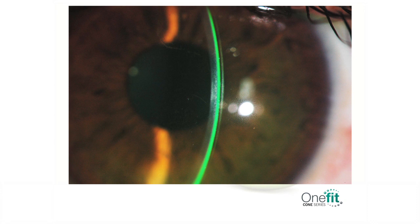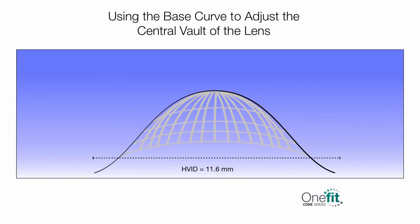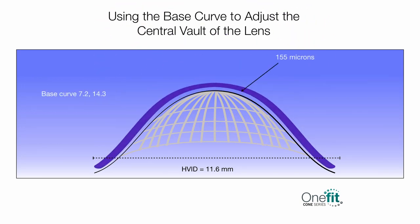The trial lens is 280 microns thick, so look for a fluid layer that is no less than half the lens thickness. If you do not have enough clearance, select a steeper base curve. The Onefit lens design is highly predictable. Every 0.1 millimeter of change in the base curve will impact the clearance by 30 to 35 microns. For example, if you get only 60 microns of central clearance, you need another 100 microns to reach the 160 microns goal. This represents 3 steps of steepening, so the next lens to try should be 0.3 millimeters steeper than